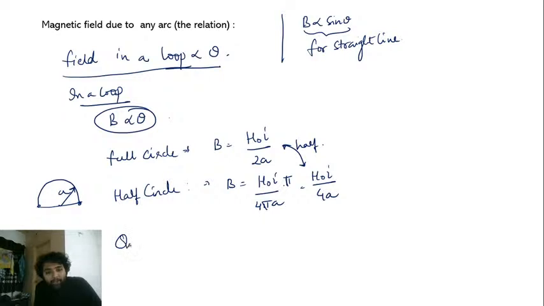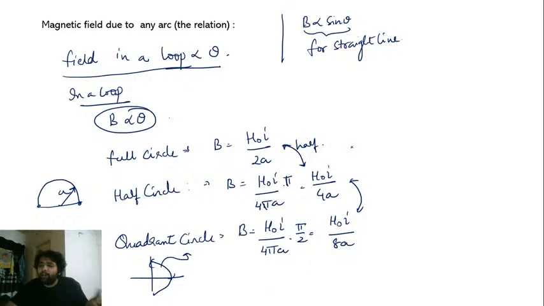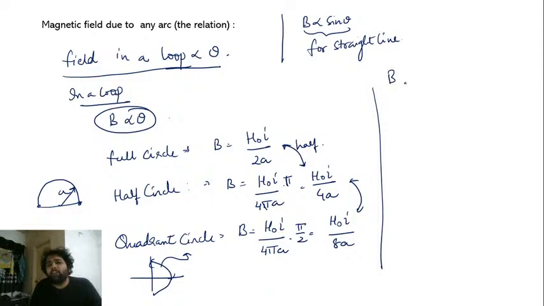Similarly, if you take a quadrant circle, the field will be mu naught I by 4 pi a into pi by 2, which is mu naught I by 8a. If you observe, again this quadrant circle will be half of this. Quadrant circle means exactly half of a semicircle. Clear? So for any angle you can use this logic and you get a very useful formula. You can simply say field due to an arc of theta radians